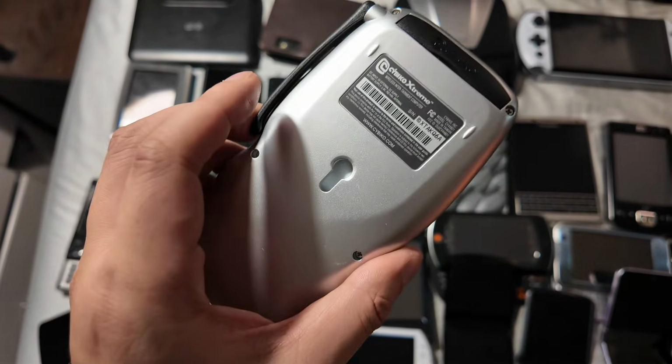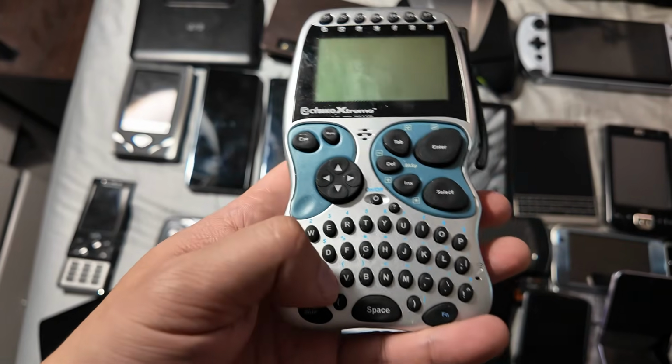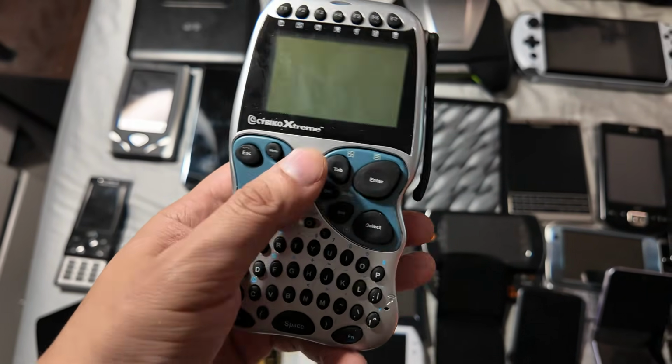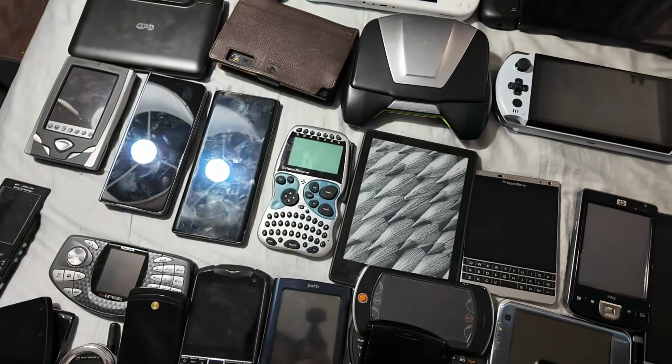So anyways, the Cyberco Extreme is the iteration of the Cyberco. They only made two versions, the original one and the Extreme version. Unfortunately, I can't get the Extreme one working, but it was a cool gaming handheld for the time. Okay,